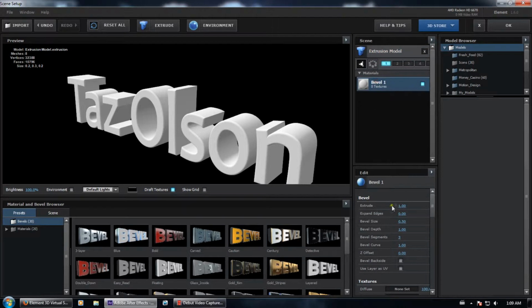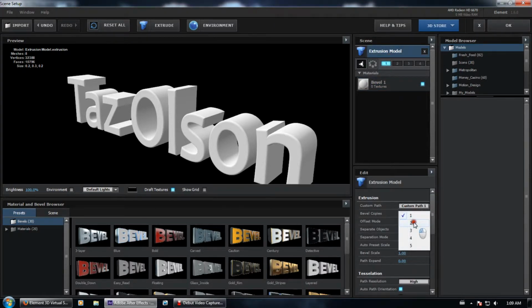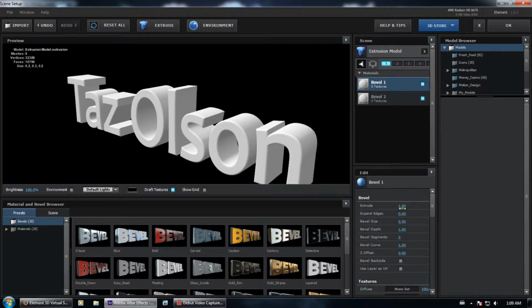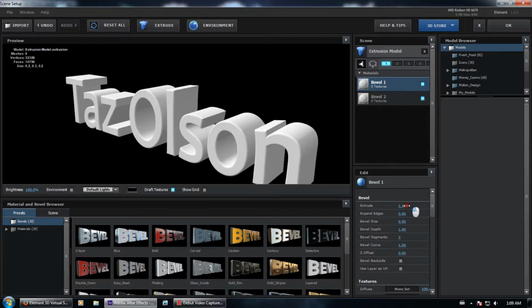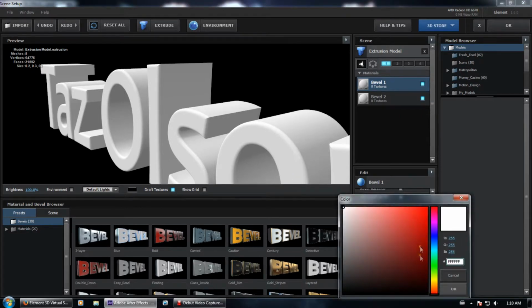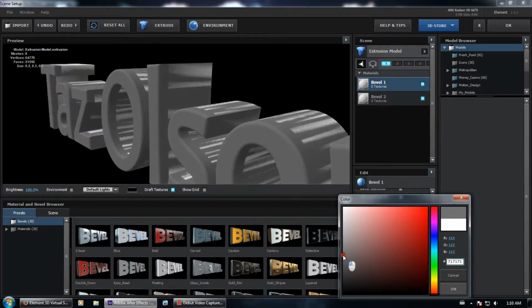We're going to start creating a bevel, so I want to go to our extrusion model, and I want to create 2 bevels. The first one, I want to extrude a bit more. I don't want to be extruding the edges. Actually, I want to extrude that. I want to change its diffuse color to a bit of a gray, and you'll notice, seeing as we have 2,